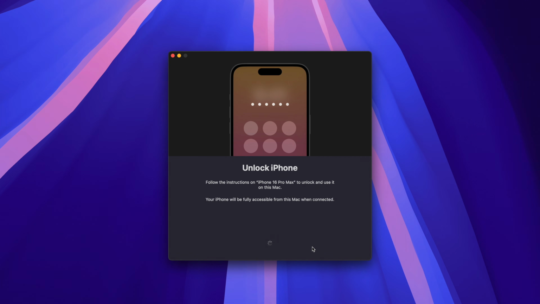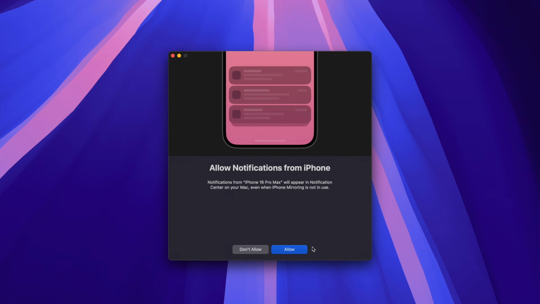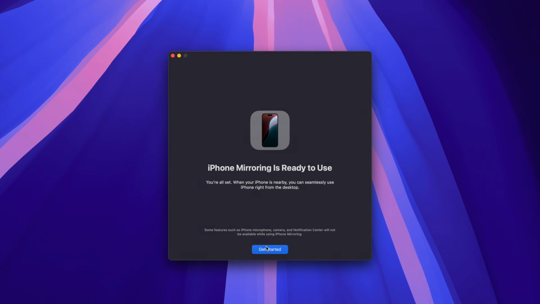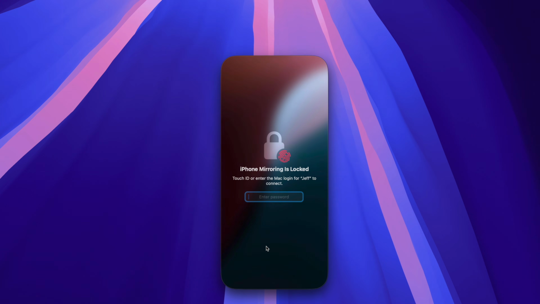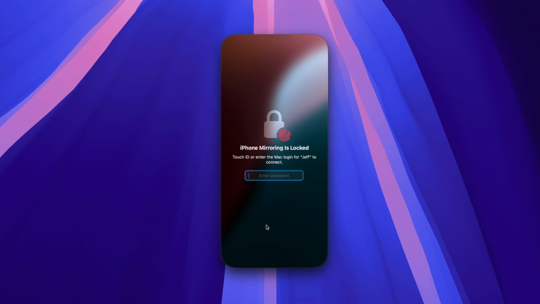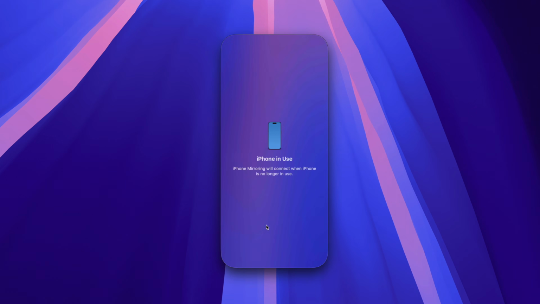You can interact with it. You can launch apps, go back to your home screen, everything you can do. You can even have your notifications, of course. And now, thanks to iOS 18.1 and macOS 15.1, it even supports drag and drop, which is crazy, right? So it's like having your phone in front of you without having your phone in front of you. So you got to make sure your phone's